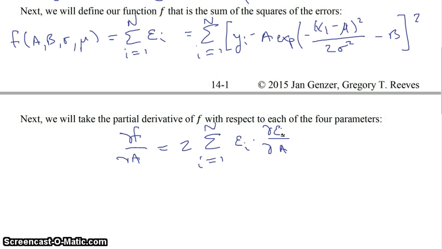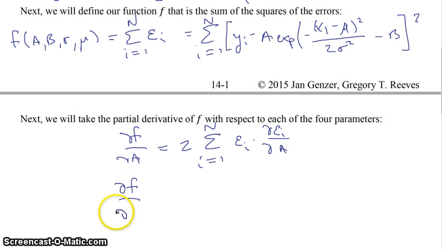And that's the one for a. So remember, this is exactly how we started out doing it with simple linear least squares, right? We had this term where we had 2 times this sum of epsilon i times the partial of epsilon i with respect to the parameter we were differentiating against. So similarly, we have the partial of